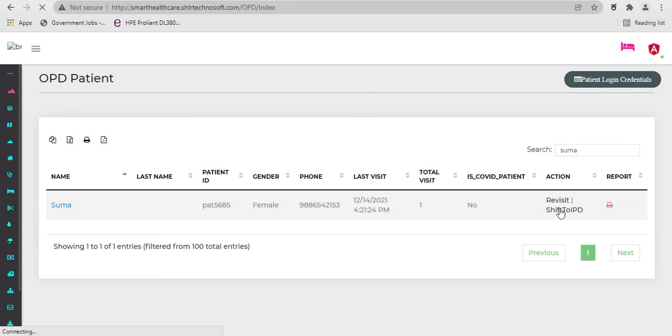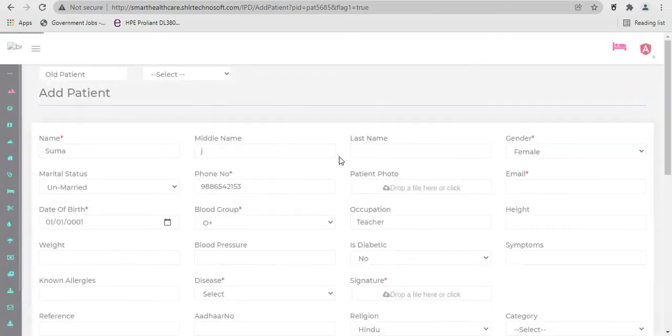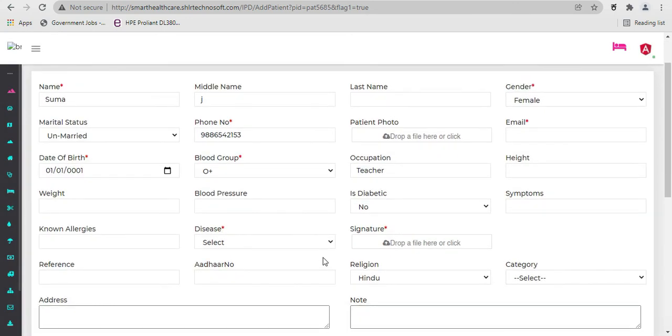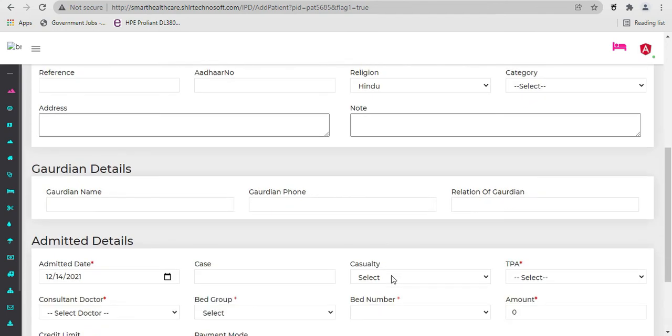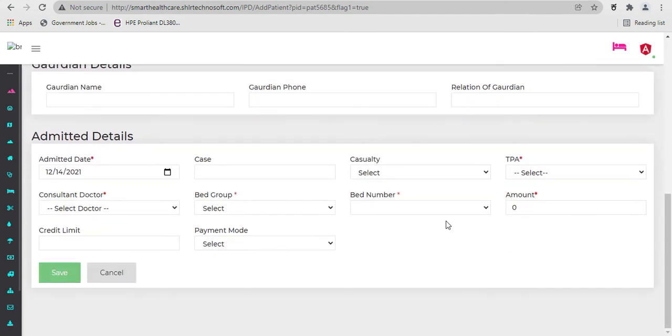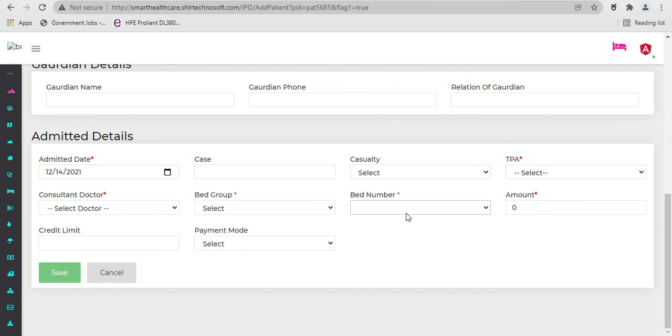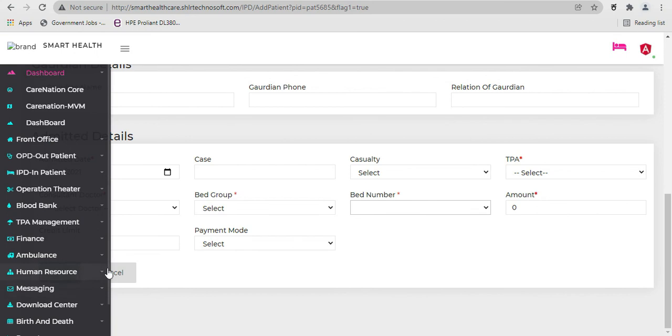If we click on shift, it will redirect us to a page where we can send the patient to the IPD by adding the admitted details such as admitted date, case, casualty, any health insurance, the consultant doctor, blood group, and the IPD bed number. Then if you click on save, the patient will be moved to the IPD.